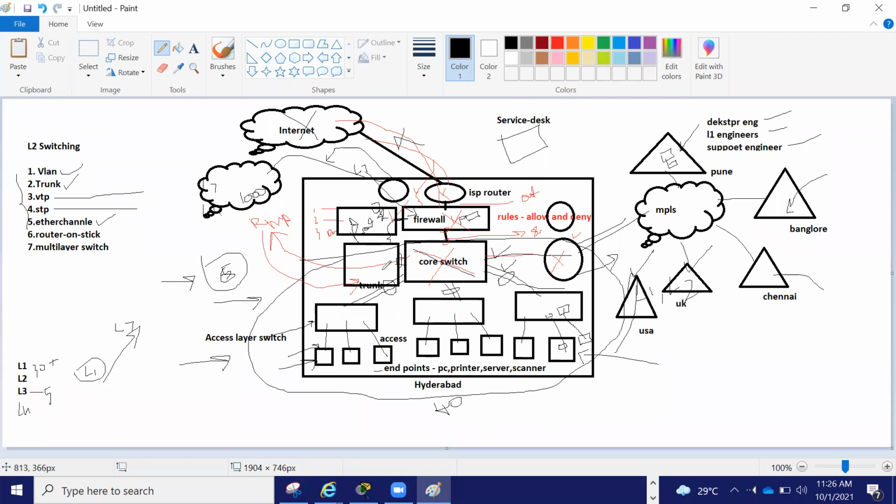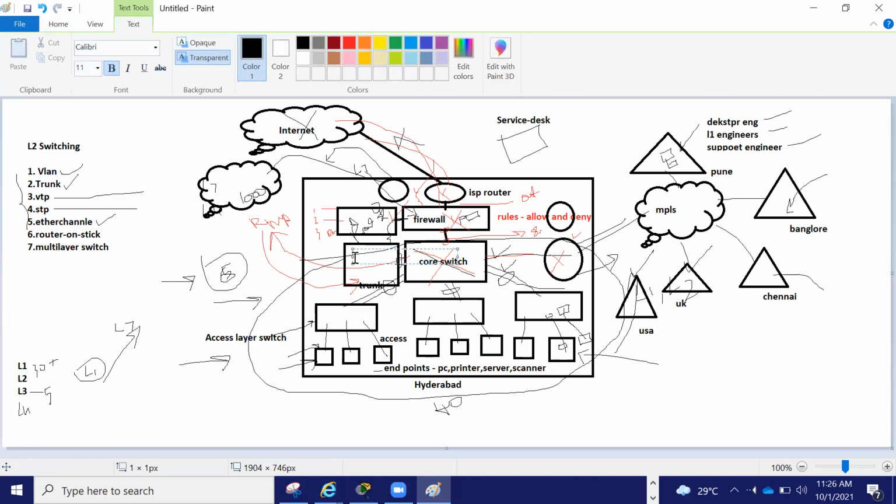These are called redundant devices, and they will be the same hardware. It is not like you take an L2 and an L3 and try to make an HA. No, it will not work. You need to have the same model.